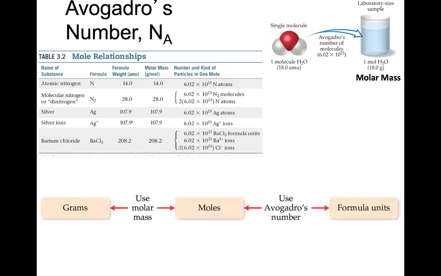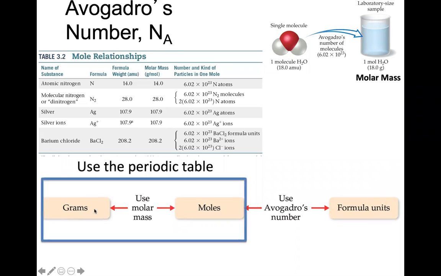The conversions that we could make back and forth between grams, moles, and the formula units are shown here. The idea here is that we can go back and forth between grams and moles by using the molar mass, the value that would be listed on the periodic table. This right here of going back and forth between the number of grams and the number of moles, or the number of moles and therefore how many grams it is by using what's on the periodic table, absolutely essential skill for us.